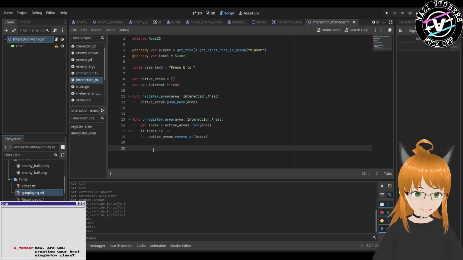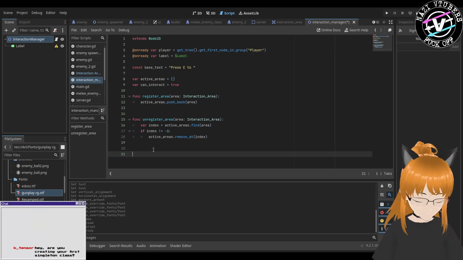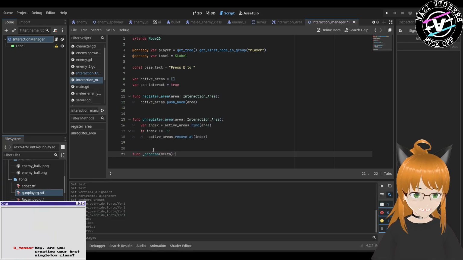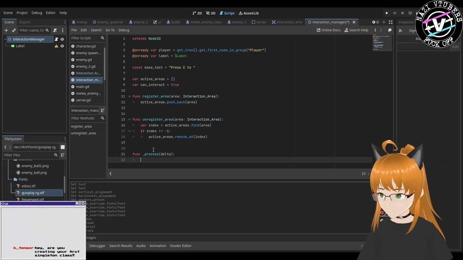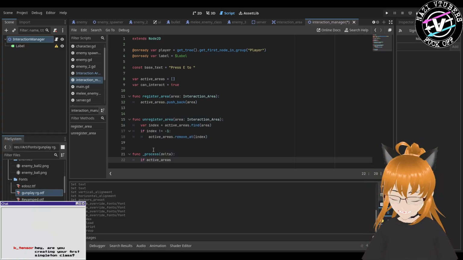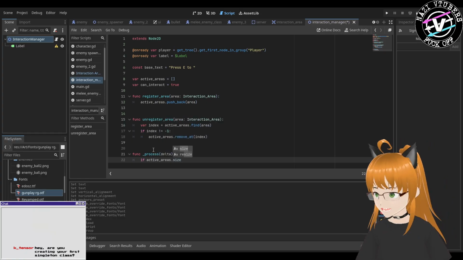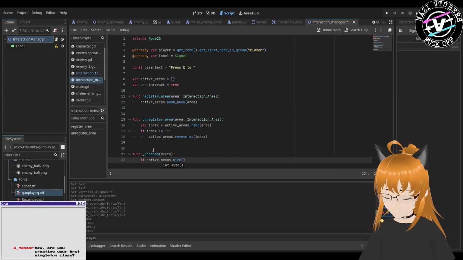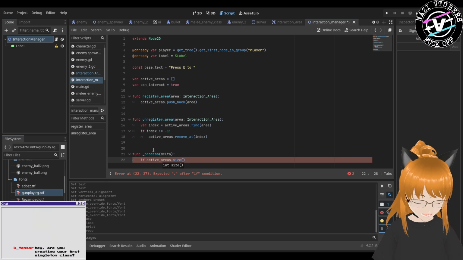Okay, what do we want now? We want another function. Well, process delta, the classic one. If active areas dot size, da da da da